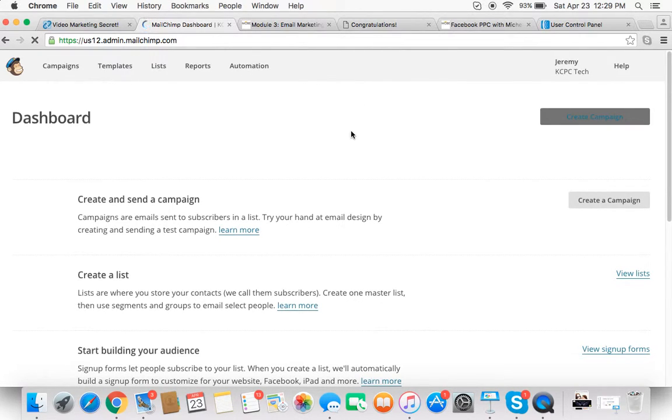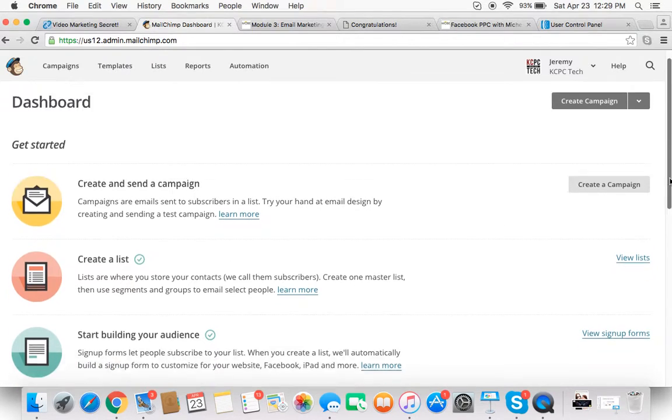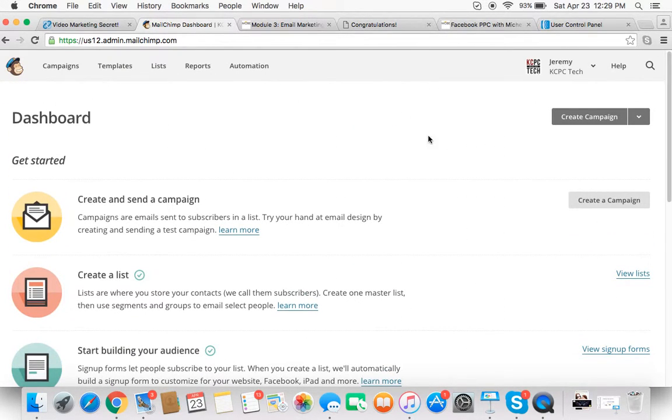So in MailChimp, this is your dashboard. This is kind of like the control panel in Aweber, except it's a little bit different. Create a campaign is kind of like creating a message in Aweber. It's a little bit more complicated than Aweber. I'm not a huge fan of it, but